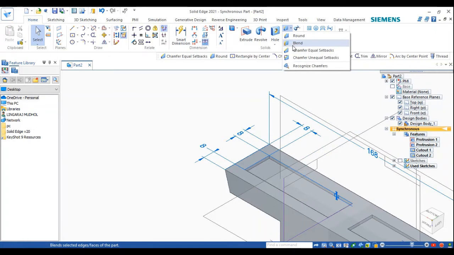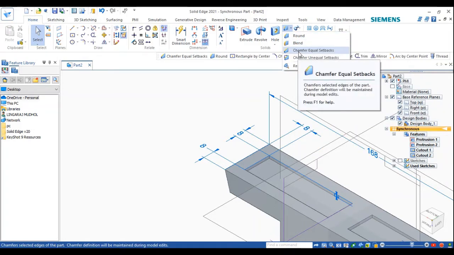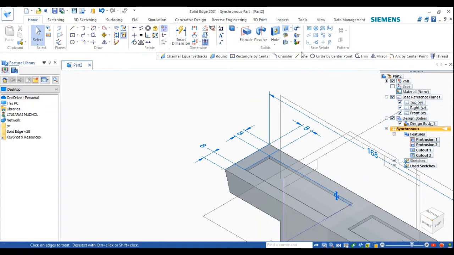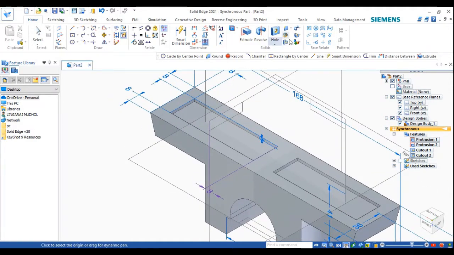we should make a chamfer. There is an option called round. Go there. The round, blend, and chamfer of equal setbacks. So we need to take the chamfer of equal setbacks, click the edges, the upper edges. See, I can see the upper edges here, line